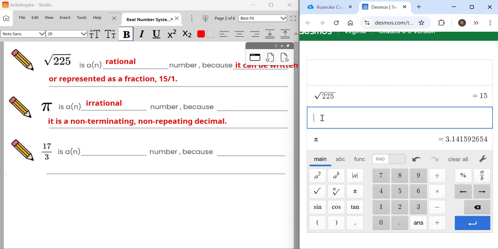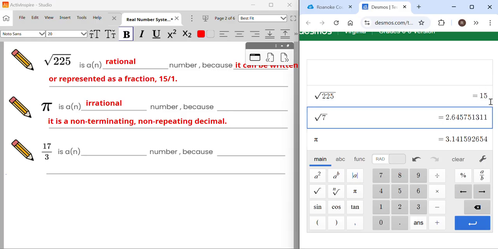But there are two types of square roots, okay? You can have a square root that gives you a beautiful number, or you can have a square root that gives you a mess like this. So this square root here, the square root of 225, is definitely rational, but the square root of 7 is irrational because it never stops and never repeats. When you put a square root into your calculator, it will be obvious.